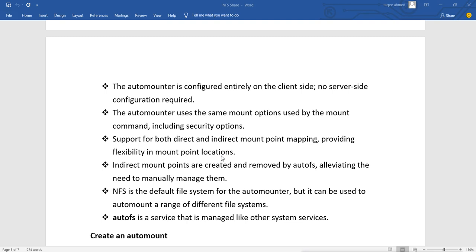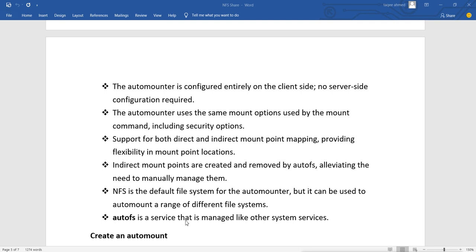Remember, when we mount an NFS file system manually, we have to mention the -t option, for the type of file system. But when we use AutoFS, we don't have to mention the file system, because by default it uses NFS.